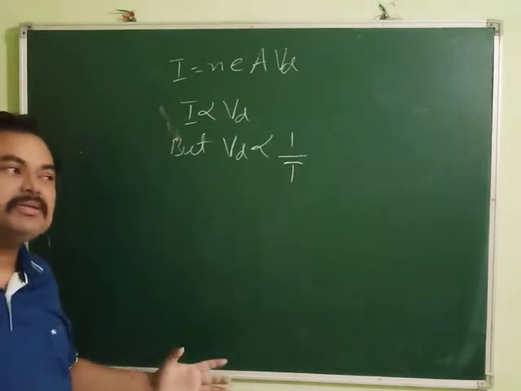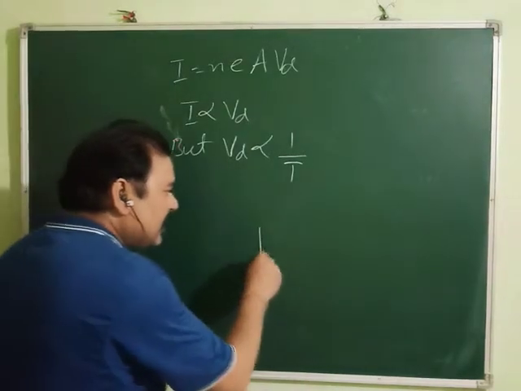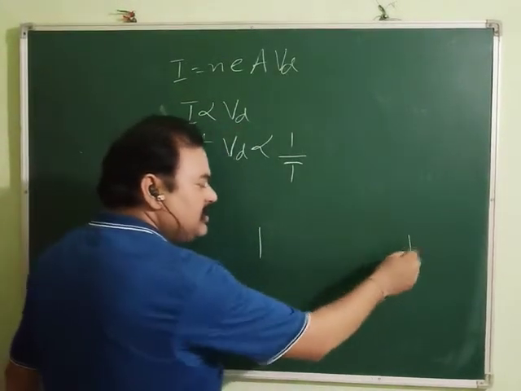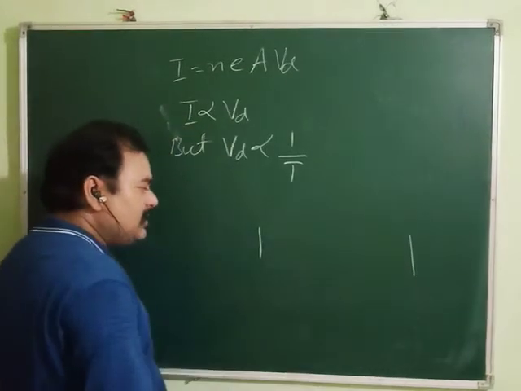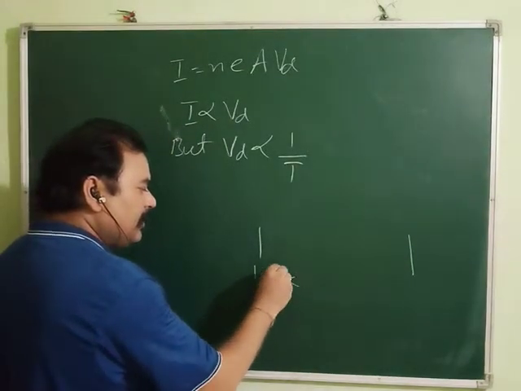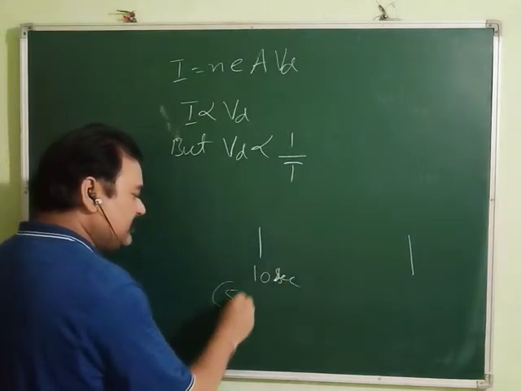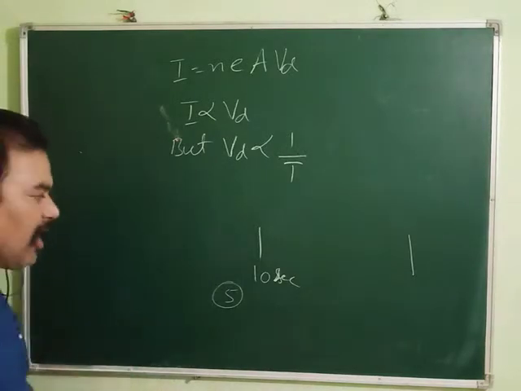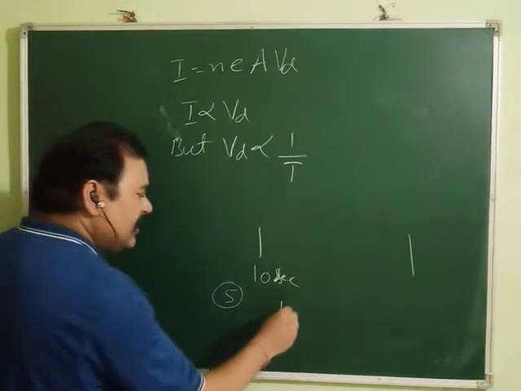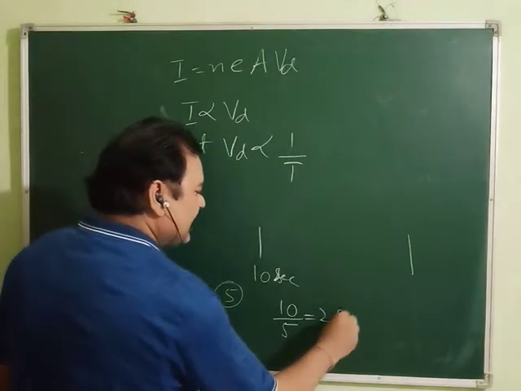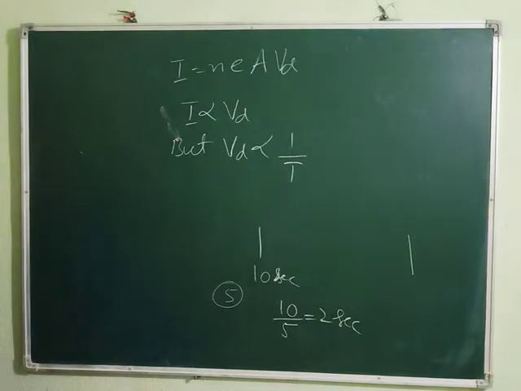How will it cause more resistance? Because more collisions means lesser relaxation time. See, suppose an electron starts moving from here and has to reach here. Suppose in between it is taking a time of 10 seconds, and it undergoes 5 collisions. So between each two consecutive collisions, how much time is it getting? The relaxation time is 10 seconds upon 5, that is 2 seconds, in which it is to accelerate. Whatever velocity it is able to gain in 2 seconds due to acceleration will be its maximum velocity. Then again after collision it will lose the velocity.